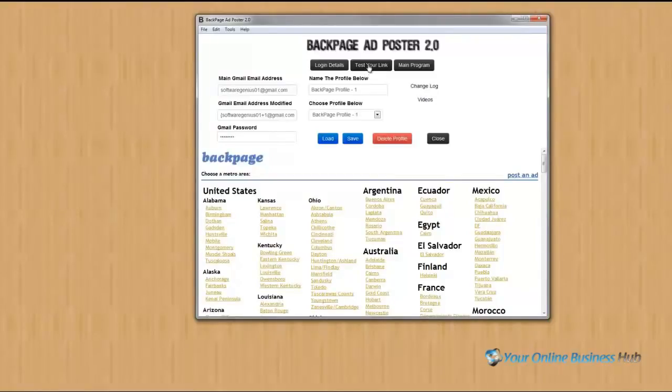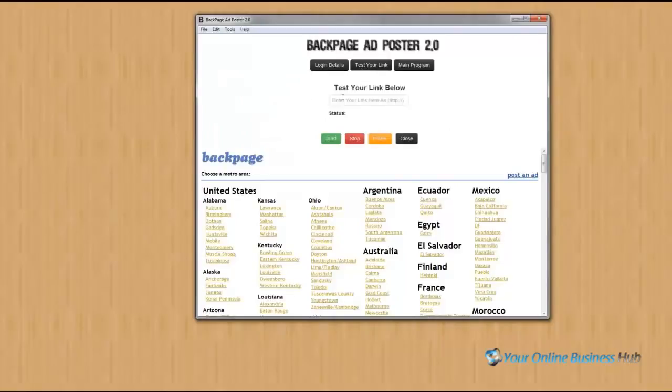We'll go to the test your link tab. Now, before you run any campaigns on Backpage, you want to test that link to see if it's going to be approved or not, because you don't want to spend all the time putting your ad copy together and then try to run the campaign to find out that your link is not going to be able to be posted on Backpage. You'll get that dreaded contact